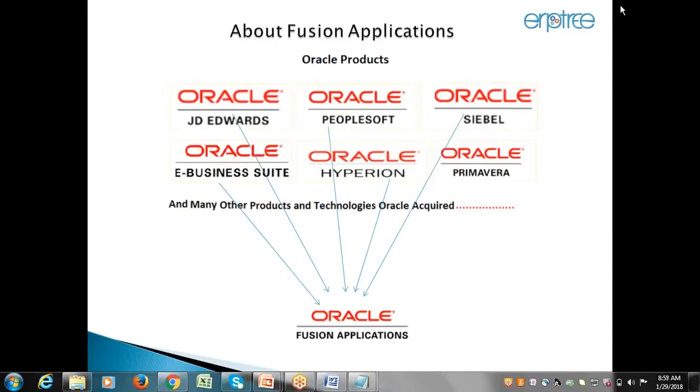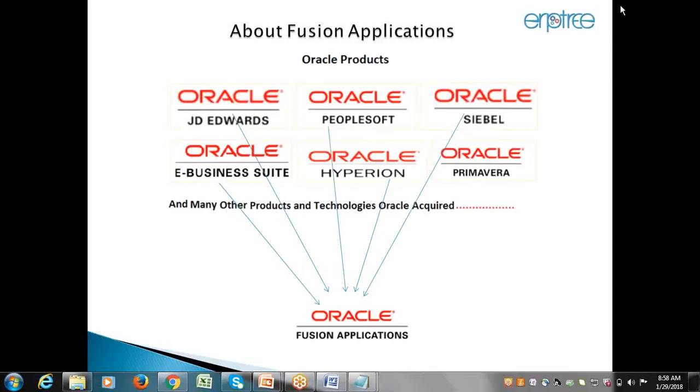No. When you say Fusion HCM, they just moved the PeopleSoft solution into Fusion applications. They didn't introduce this product after some releases, it was there right from the beginning.